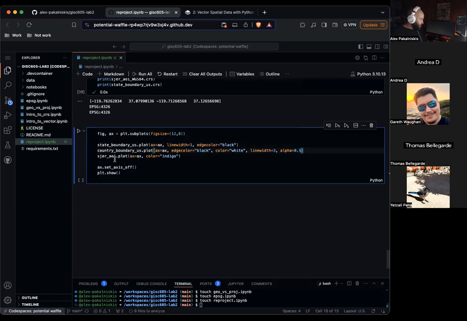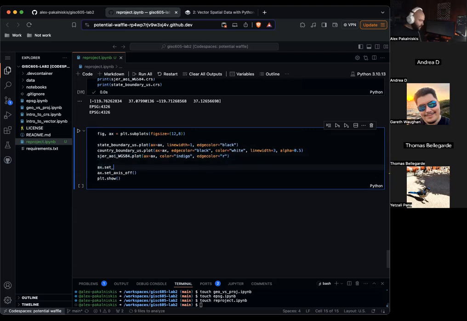Okay, now SJER AOI WGS 84 dot plot, ax equals ax. Color equals whatever, indigo is fine. And then edge color equals r.